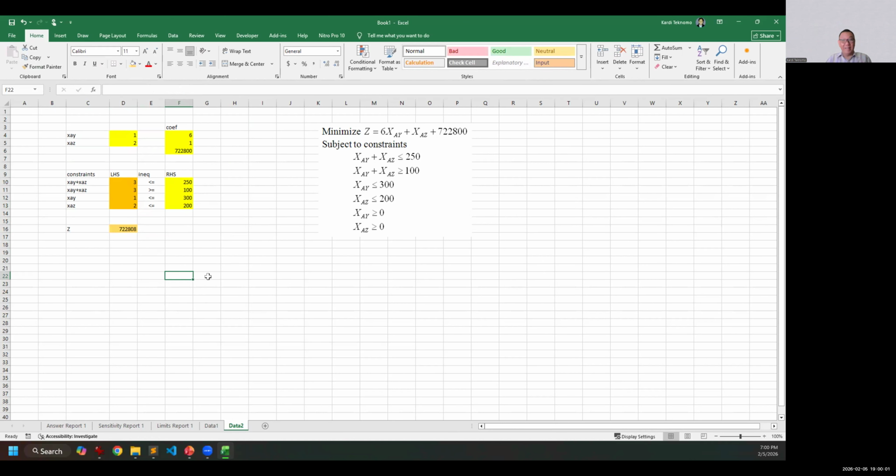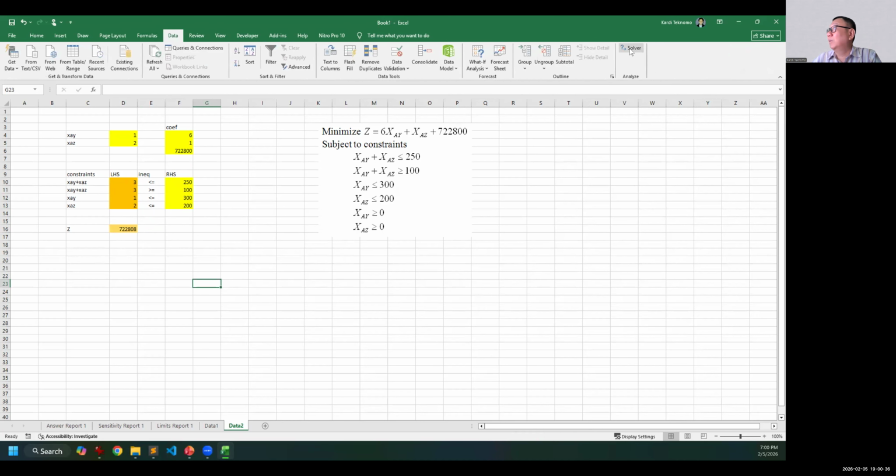So we are ready to put into solver. You need to prepare all this in Excel. Practically, this is the matrix. The left hand side is the matrix A. This is the vector B, and then the Z. So exactly similar to the formulation of LP a while ago, the general formulation of LP. And what you will do, go to data, and open the solver.